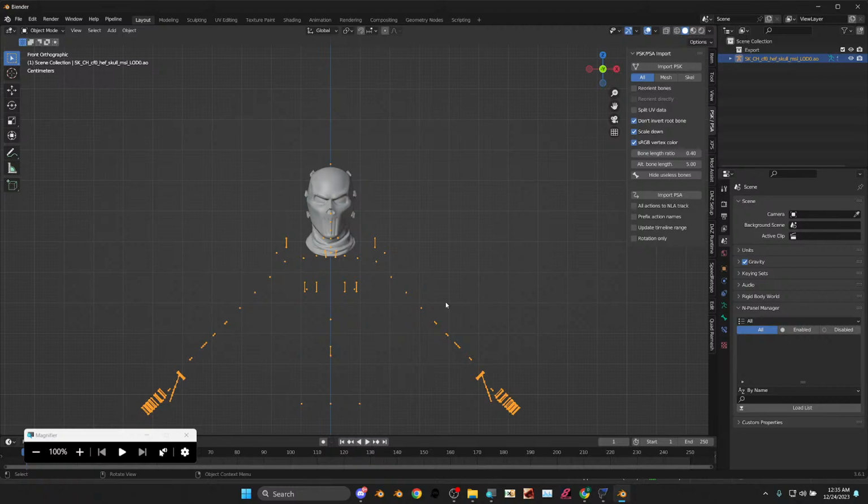Now, when you export from F model, it uses a PSK format. If you're using Blender, and you're not familiar with Blender, there are like a billion tutorials online. If you're doing modding, you just need to